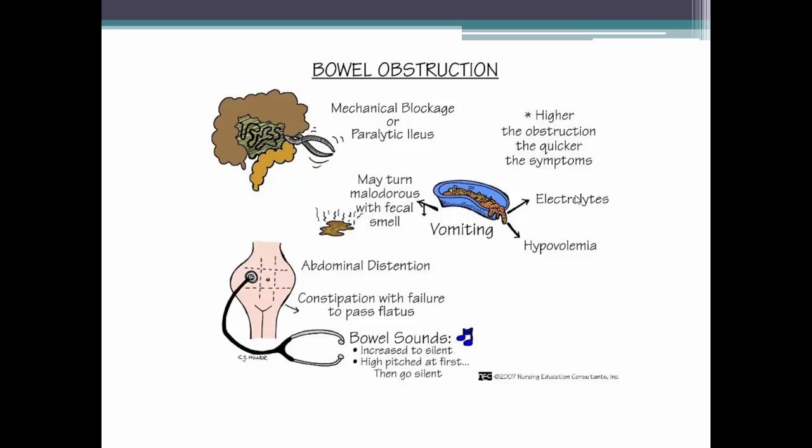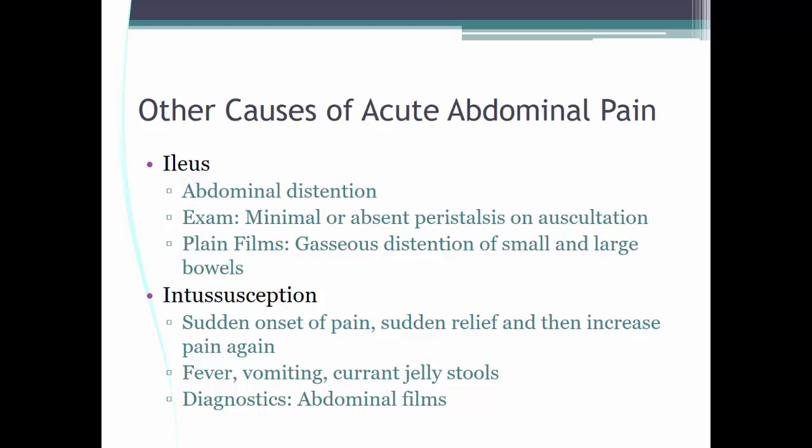Patients tend to have electrolyte imbalances, hypovolemia, and vomiting, abdominal distension, constipation or obstipation, which is again failure even to pass flatus. The bowel sounds at the beginning tend to be high pitch, then they go silent. Other causes of abdominal pain that also relate to abdominal obstruction is ileus paralyticus. Patients come with abdominal distension and minimal or no peristalsis, and you can see the gas pattern in the KUBs,